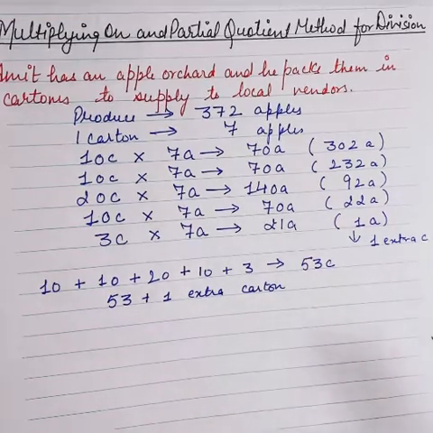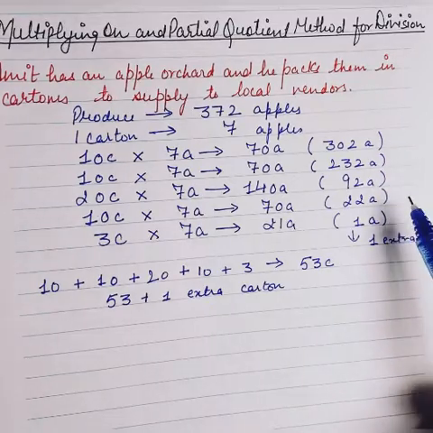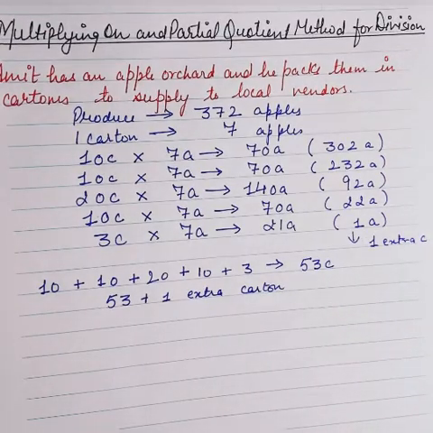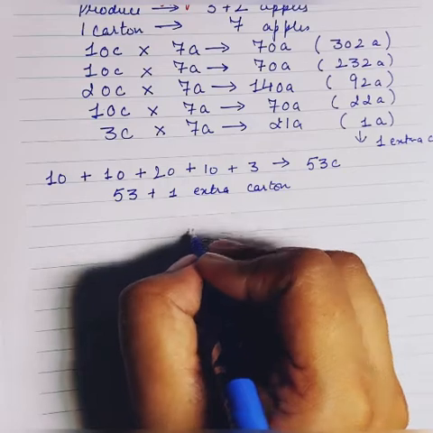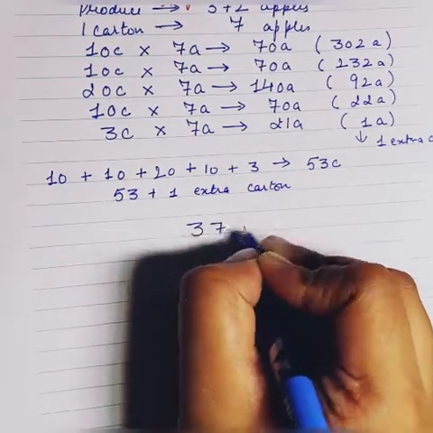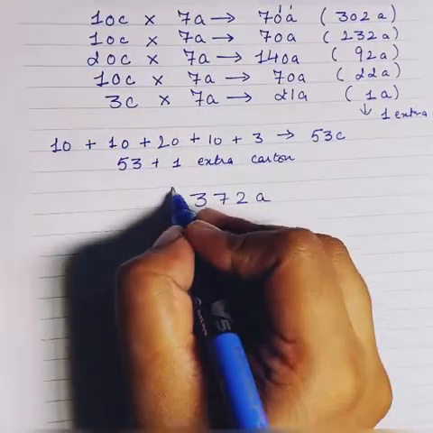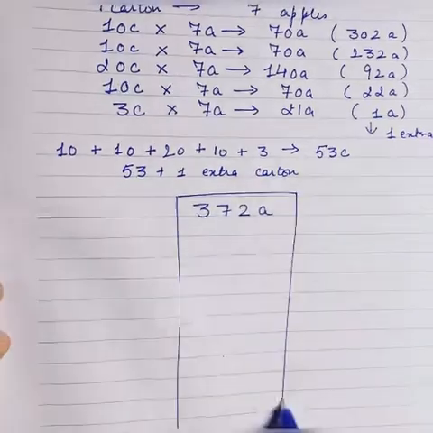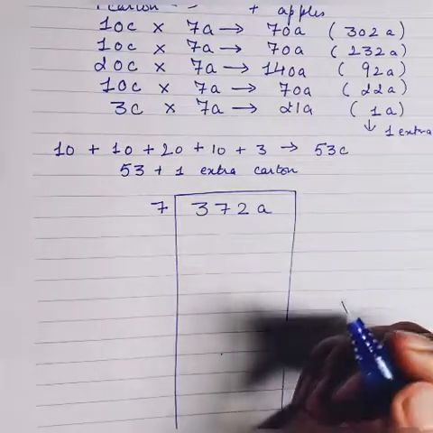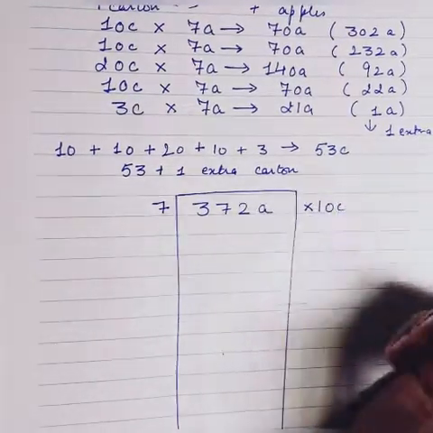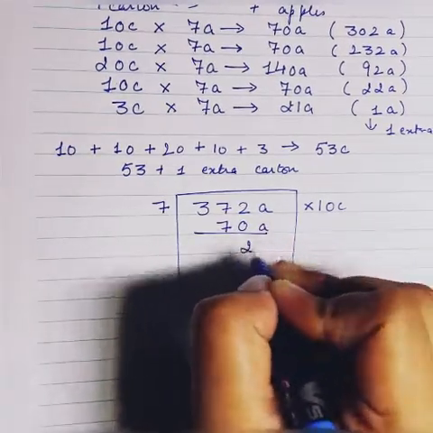Now here in this method, for every step we had to keep a record of how many apples are left after packing them. So let's try and solve this again using the partial quotient method. We again have to pack 372 apples, and every single carton can contain 7 apples. Now if Amit uses 10 cartons, he'll be packing 70 apples. He'll be left with